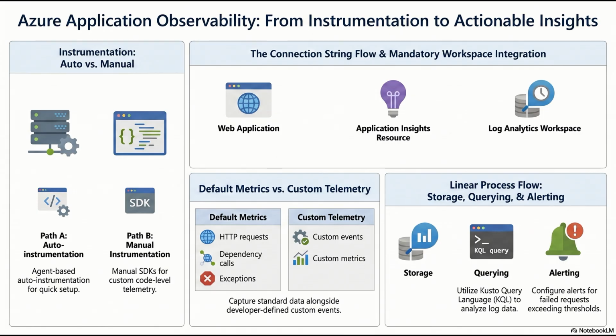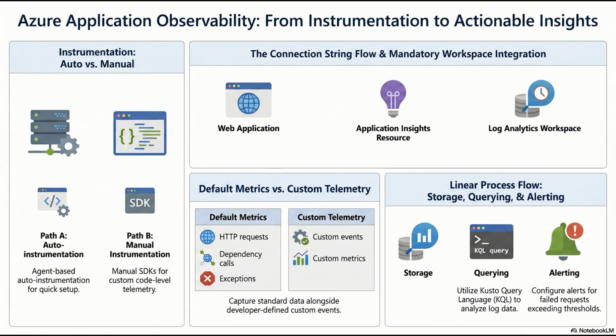And where does that connection string live? Do I hard code it? No, never hard code it. It usually sits in your environment variables or your configuration files, like the appsettings.json file in a .NET app. When you created the App Insights resource in the Azure portal, it generated a unique connection string for you. It contains the ingestion endpoint URL and a specific instrumentation key. When your application boots up, the embedded SDK reads that string, authenticates with the Azure endpoint, and opens a telemetry pipeline.